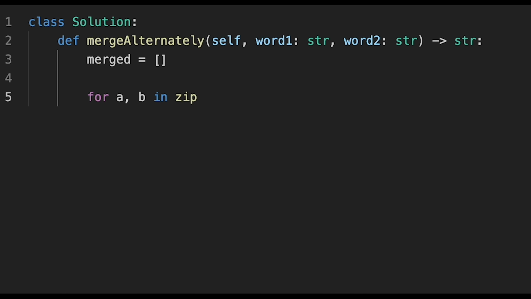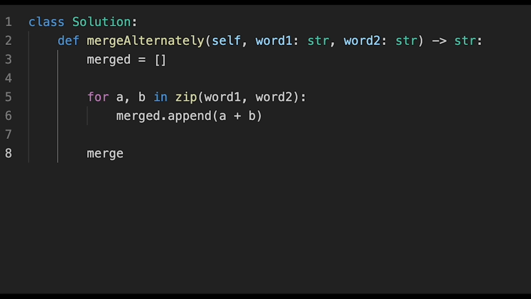So I use zip. The zip function is very useful because we can get data from multiple lists at the same time. And let's say, this is word1 and word2. And also this for loop will stop if we reach the end of the shorter word. So if word1 is shorter than word2, we stop at the end of word1. And then merged dot append A plus B, and after that